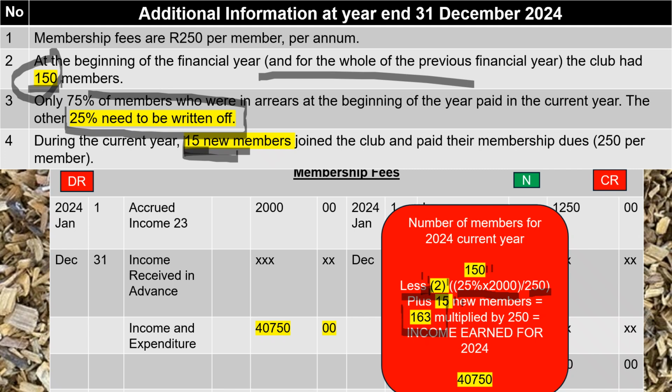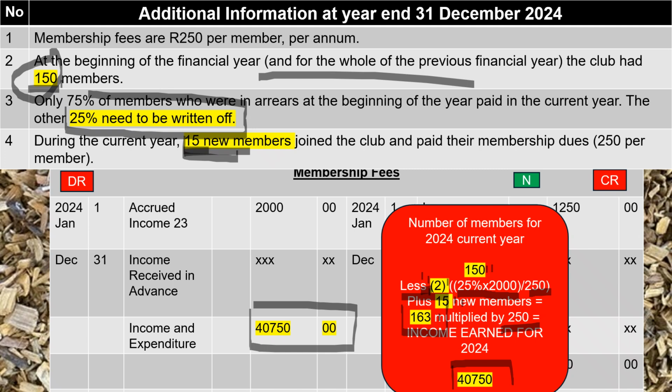So for the current year, we have 163 members that we are earning income from. And the purpose of this account is to establish the income earned from membership fees. So the income earned is 163 multiplied by 250 is